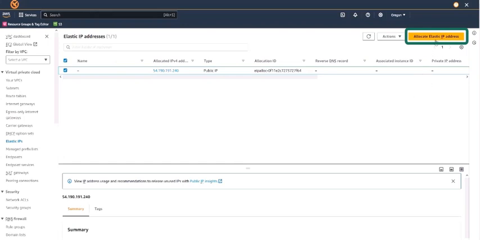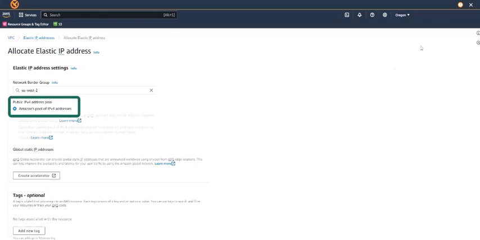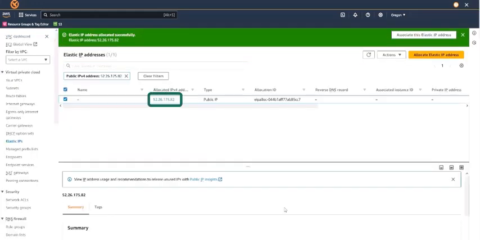So we have to allocate one, and we can allocate these from Amazon's pool of IP addresses. And then let's create a NAT gateway by selecting the NAT gateway menu option.